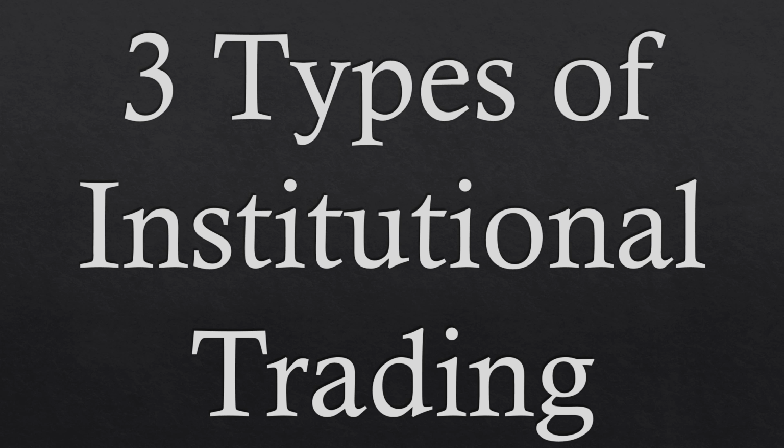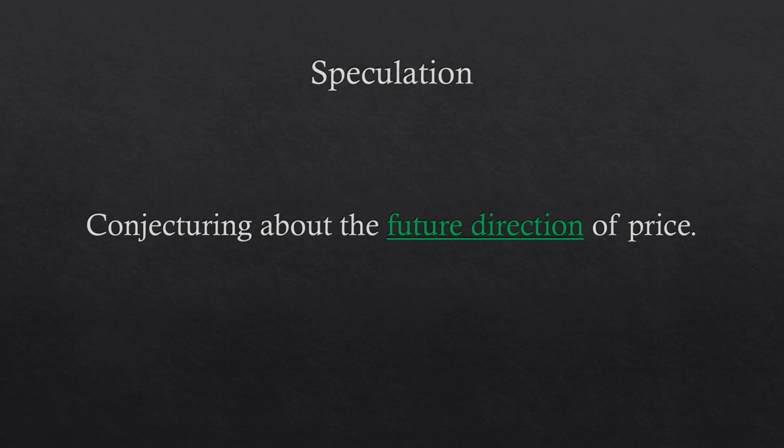The first type of institutional trading is simply speculation. Speculation means conjecturing about the future direction of price. That sounds obvious for most retail traders because all retail traders are also speculators. Even though institutional and retail traders can share this mode of trading, the way they approach the market can be vastly different. A retail trader might be primarily concerned with technical indicators or finding a quick formula to exploit the